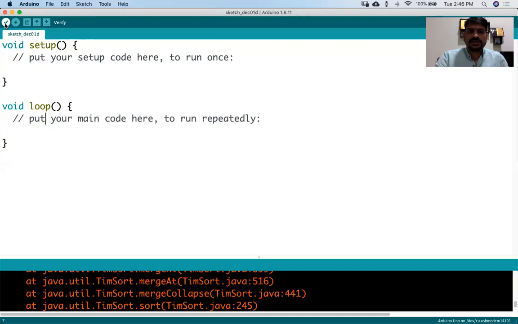So the verify button and the upload button are very useful here. Let's try to write some code and understand how it works.